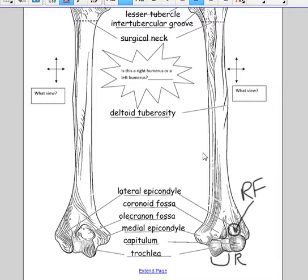Is this a right or a left? Well, you've got to either put yourself in that position or rotate this in your mind. Pretend someone is standing in front of you, whatever you got to do. This can be very tricky for some people. But I'm looking at this and all I see is a left. This way is medial and it's the front. So the only type of bone this could be is if,